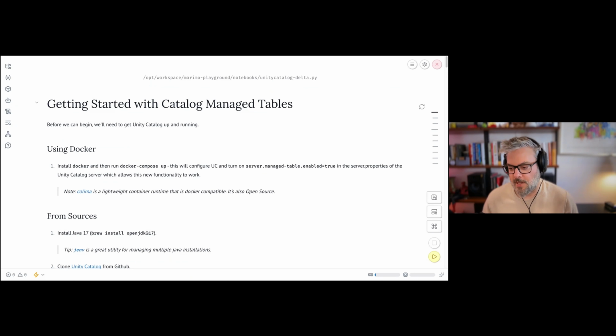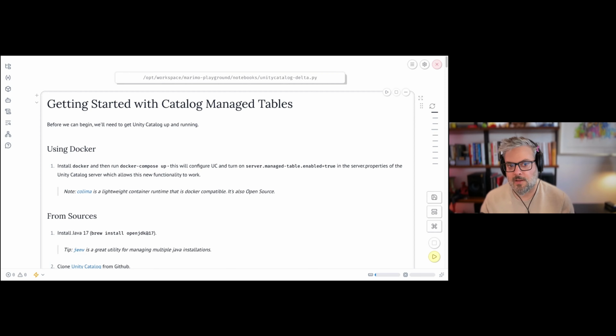And so we're running Unity Catalog in one container, the Unity Catalog server more specifically, and in the other container we're running Marimo Spark, and that's what's giving us the UI itself. So I flip over to the UI and take a look at the actual catalog managed tables notebook itself. We'll see that it's essentially been mounted inside of the Marimo Spark container environment at the path notebooks